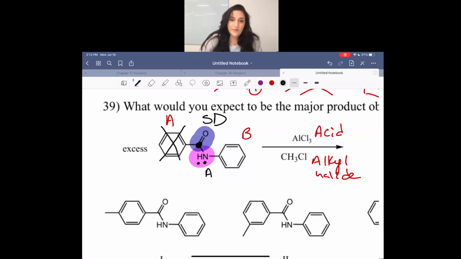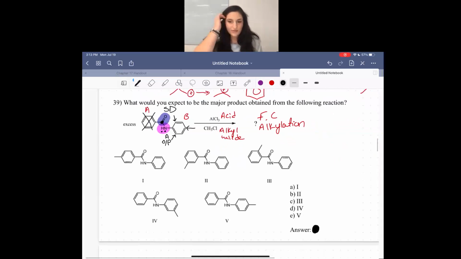Next step, we know that it's an ortho-para activator, so we can add the group here, here, or here. And so when we look at the answer choices,